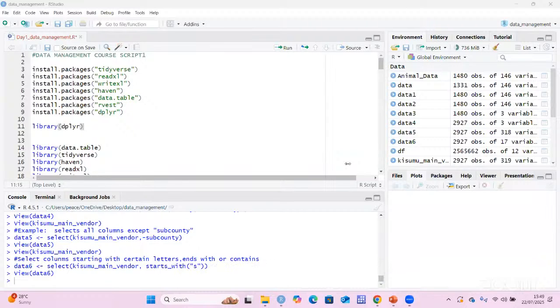Dplyr is not working as well. Okay, at some point dplyr is working for me, doctor. It's now working. Yes, okay, it is. Thank you. Okay, that's perfect. You may mute. Okay, so